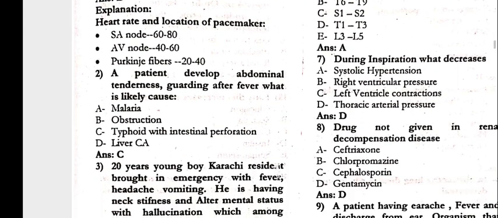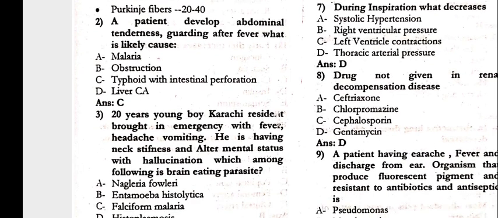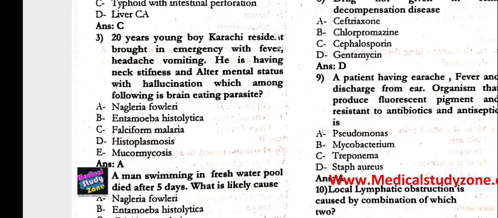Question number 2, the patient developed abdominal tenderness and guarding after the fever. The likely cause is typhoid with intestinal perforation. Question number 3, a 20-year-old young boy, a Karachi